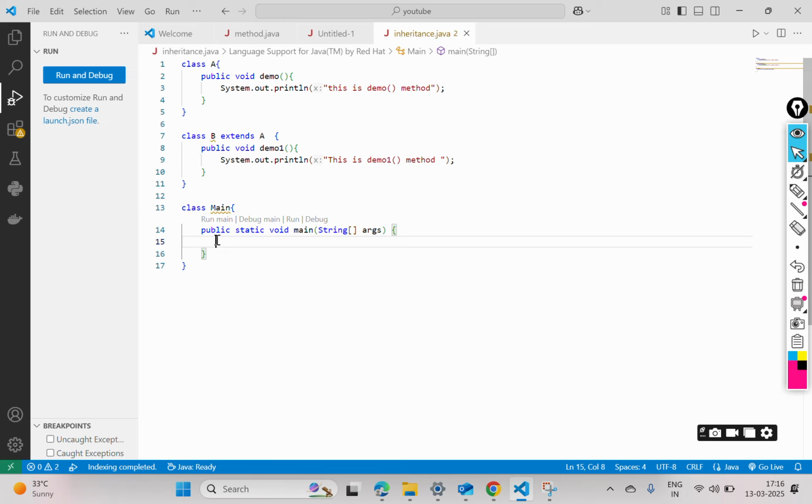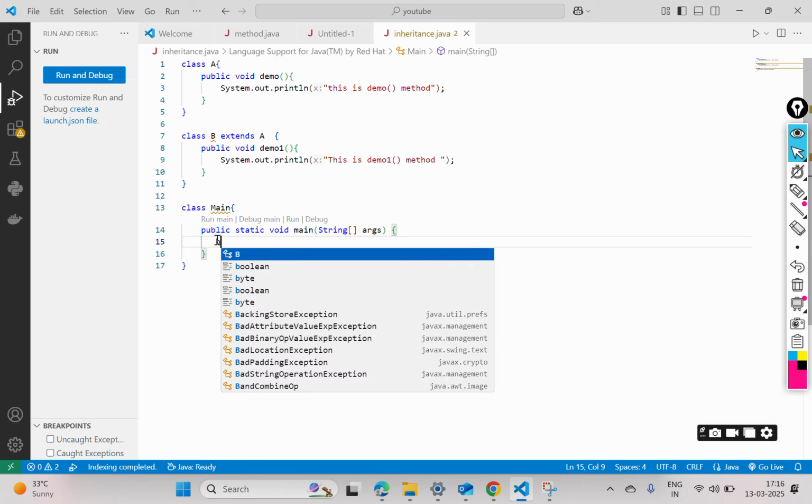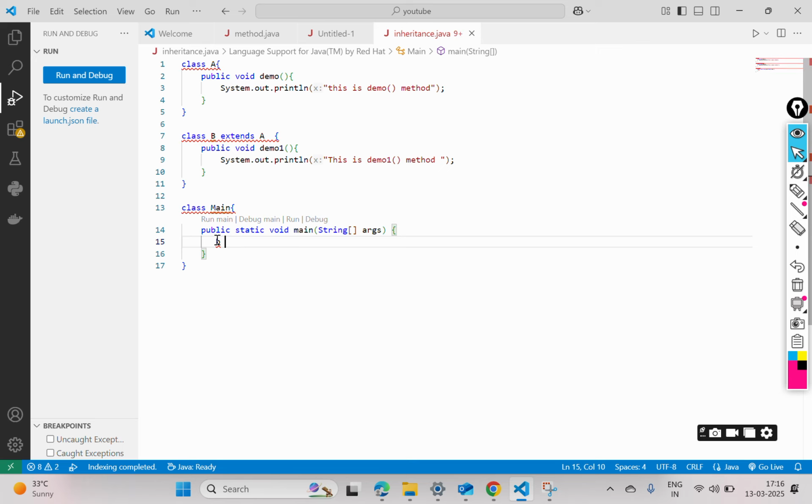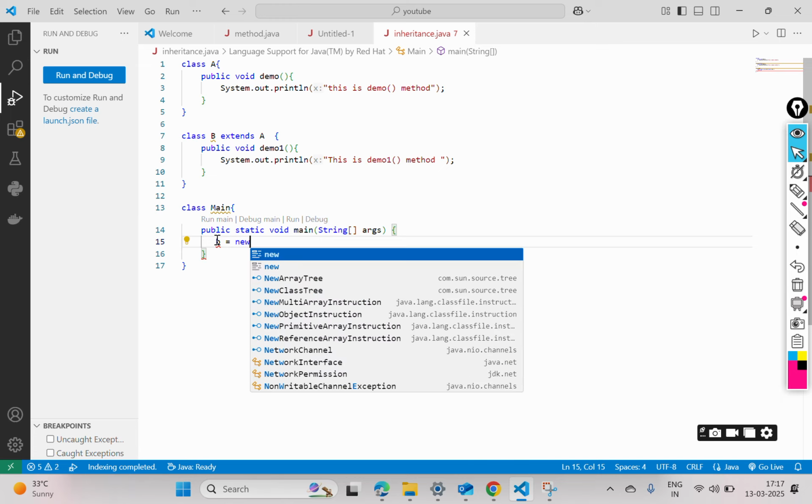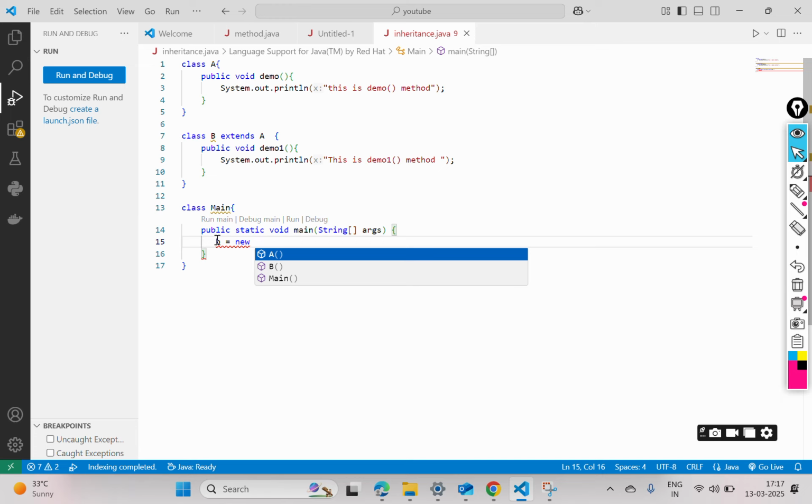How do we create an object? Let me create a reference variable b equals new, and the class name is B.